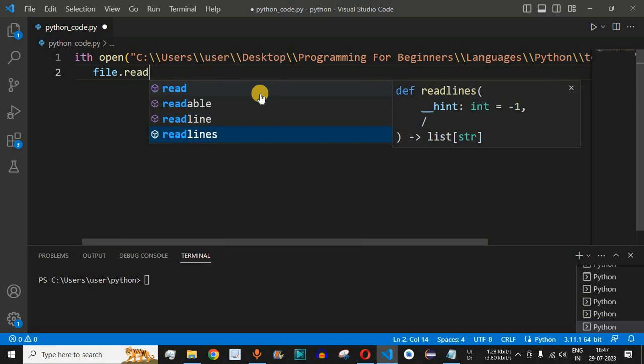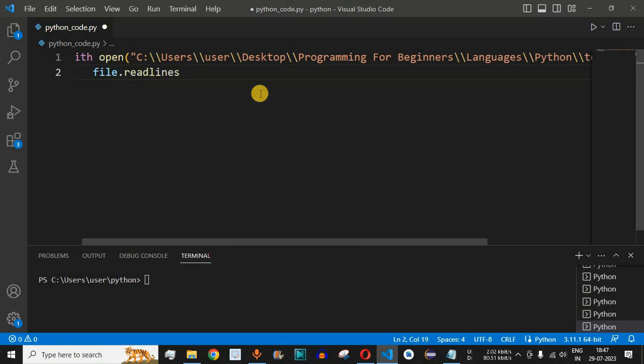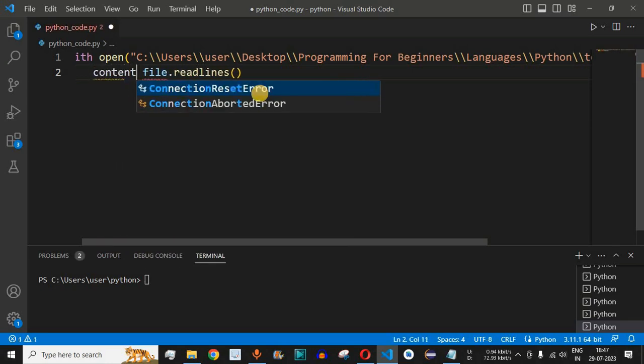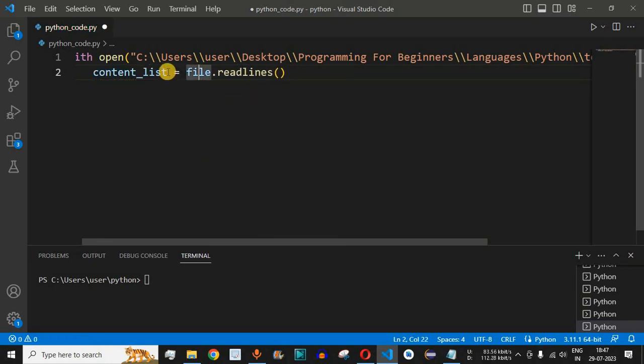As you can see, this is the method that we will be using. So guys, this will help us read the entire file line by line. Here we have open and close parentheses, and before this we need to assign it to a variable. So guys, we can simply use content_list over here. So this is the content list, which is the list that will have all the lines read by using this file variable. And then what we can do is simply print this content list.